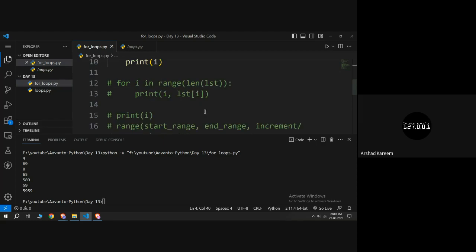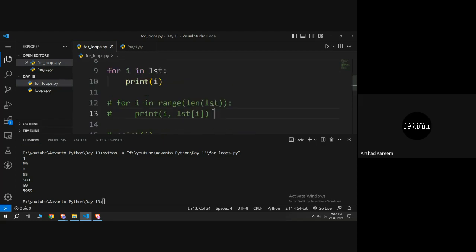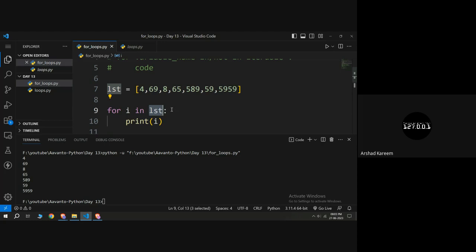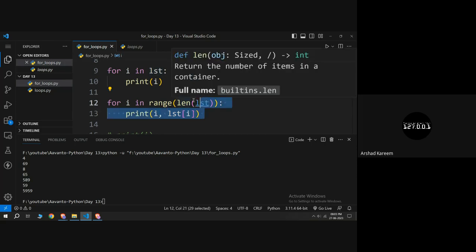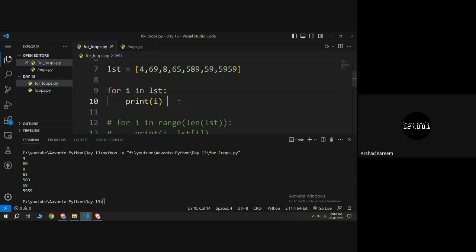So what will be the better way to do this? I will say using range function is better, because in the future while solving more problems you will understand why I am telling this. Instead of directly giving a list iterable to for loop, it is better to give range function, and also it is better to perform indexing like this. You will understand why I am telling this in upcoming classes. While solving more problems you will understand. So all right,